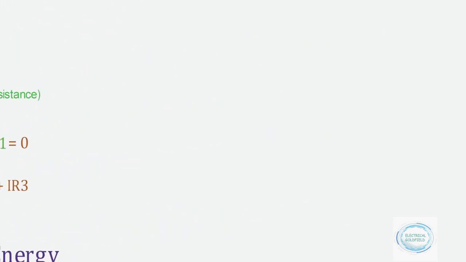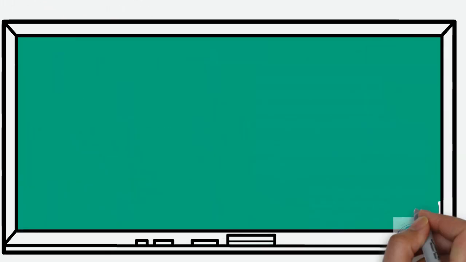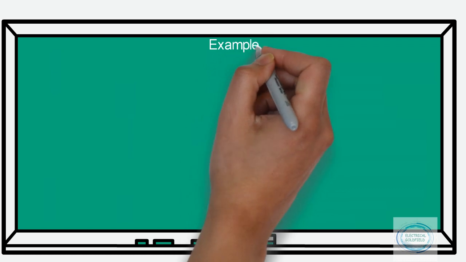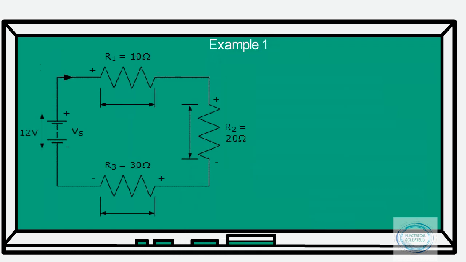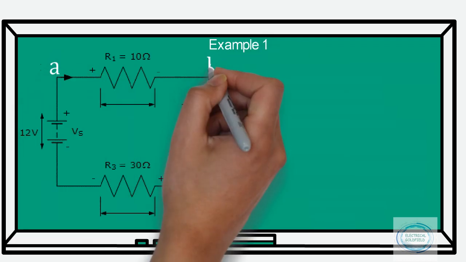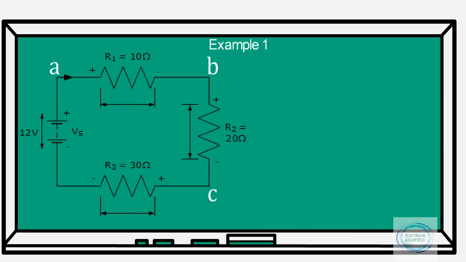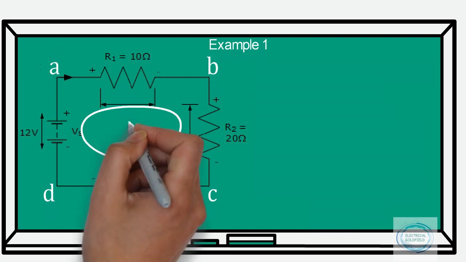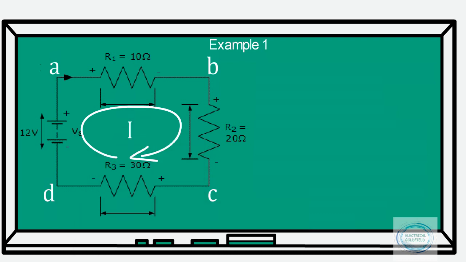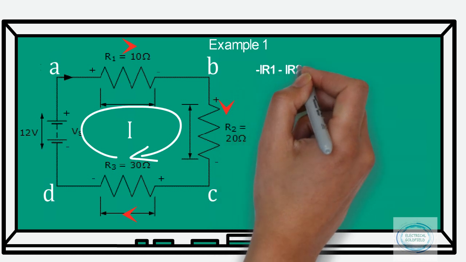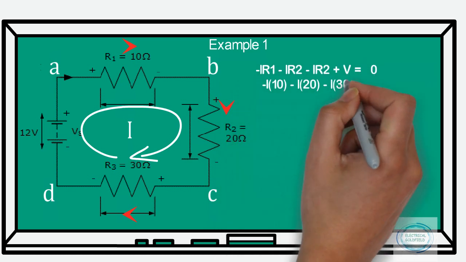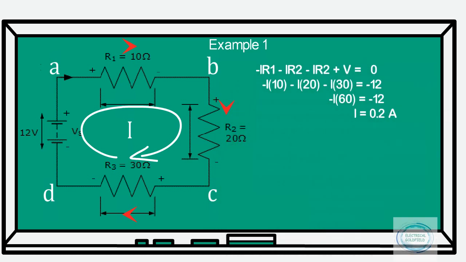This concept could be understood nicely by an example. Friends, let's consider a simple circuit having a single loop. Current I is flowing in the loop. Current is flowing in a clockwise direction. As we have discussed earlier, here current is flowing positive to negative, so it will act like a voltage drop. The voltage drop equation can be written as mentioned. By simple mathematical steps, the amount of current can be determined.